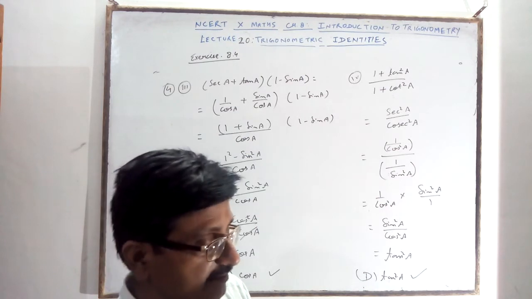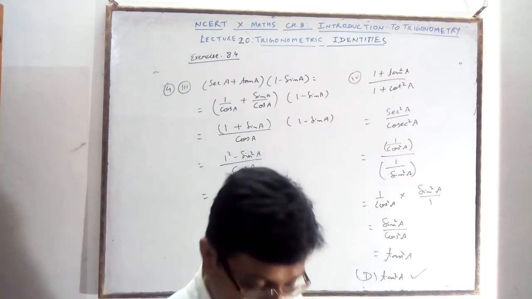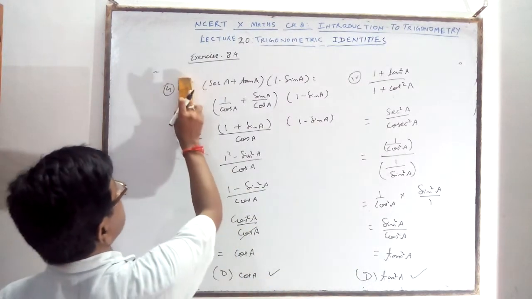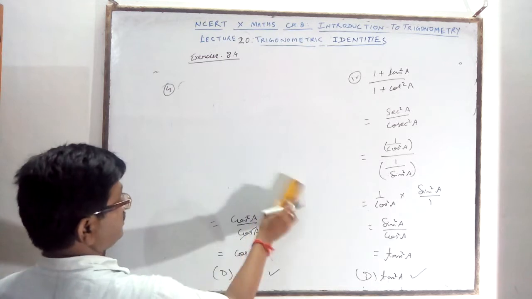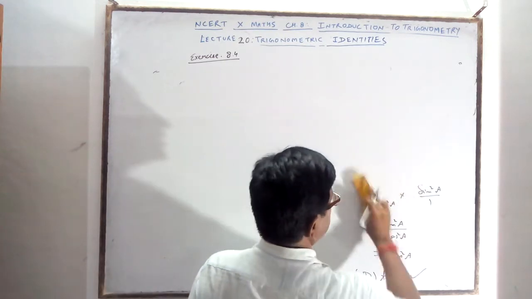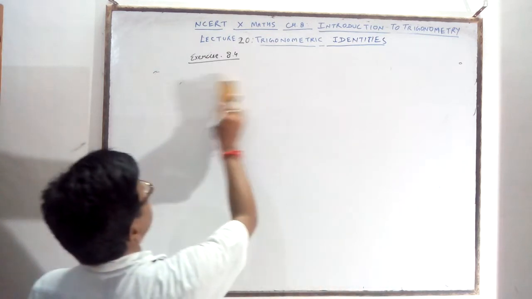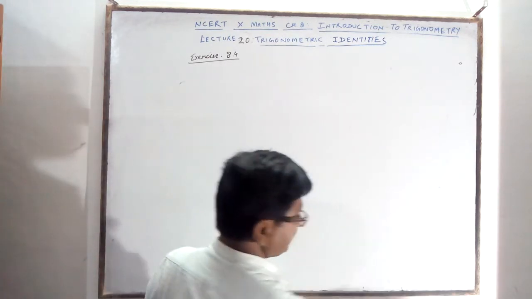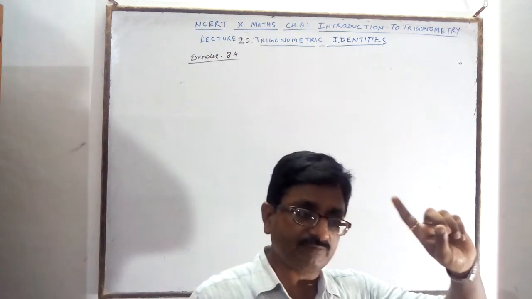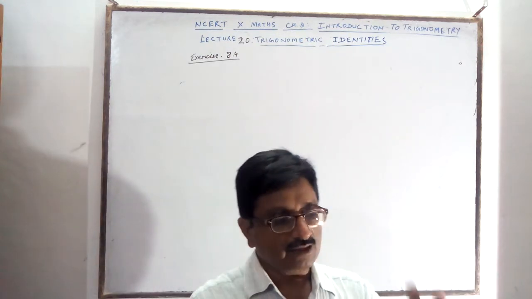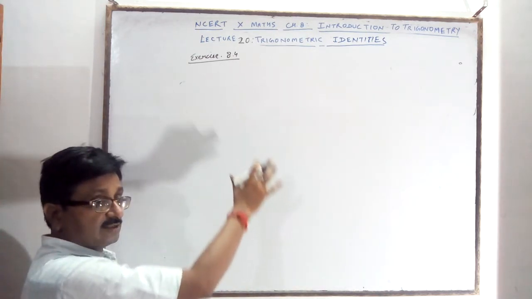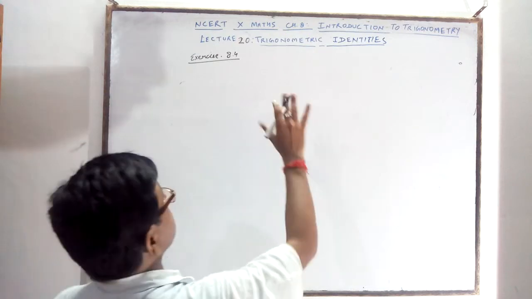So these 10 parts have different types of questions. The first part is given: cosec theta minus cot theta. The fifth question is very important in this chapter. Many questions are given in different types. There is no particular rule. You learn the identities from the first day till the last day. Write all the relations together on one chart paper and then apply them.